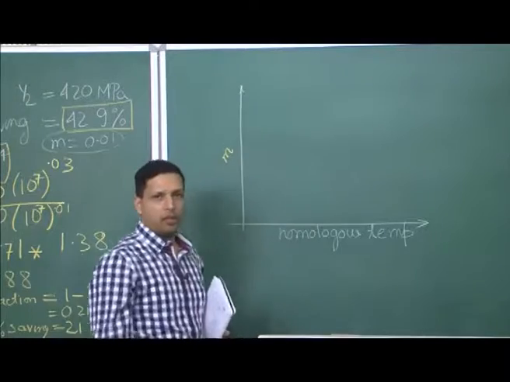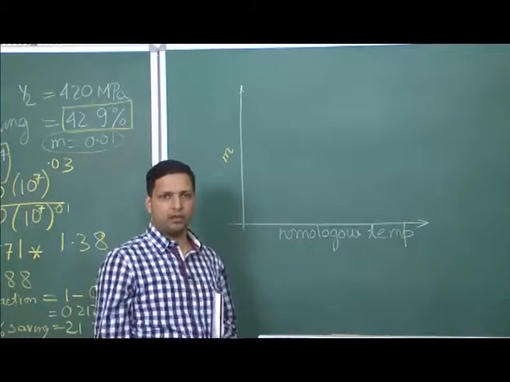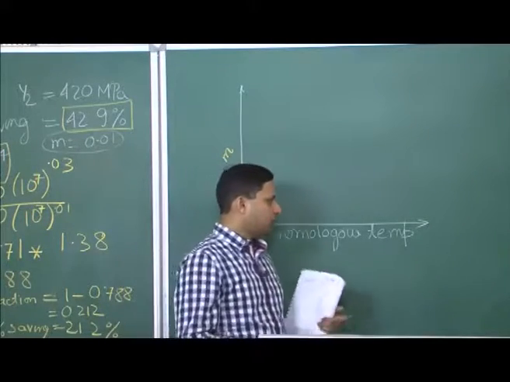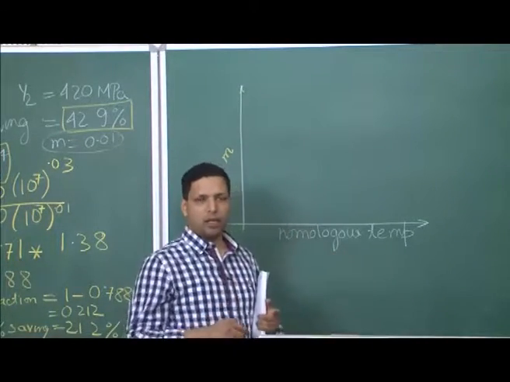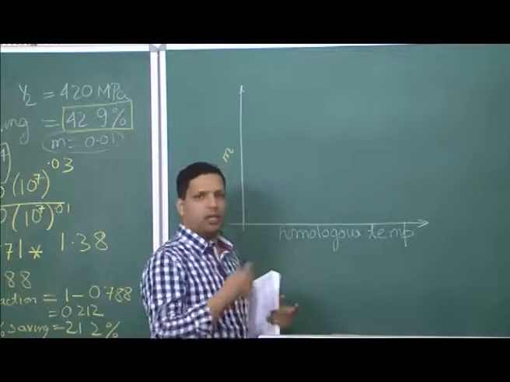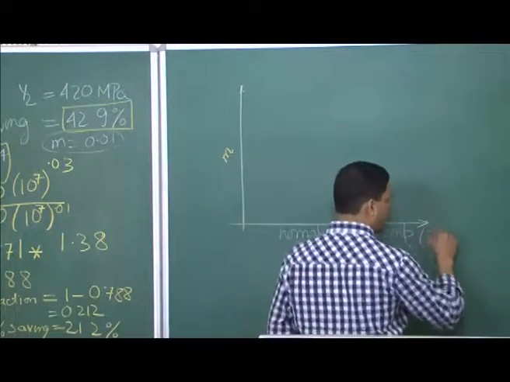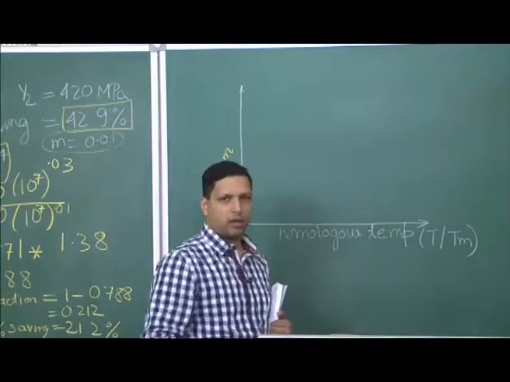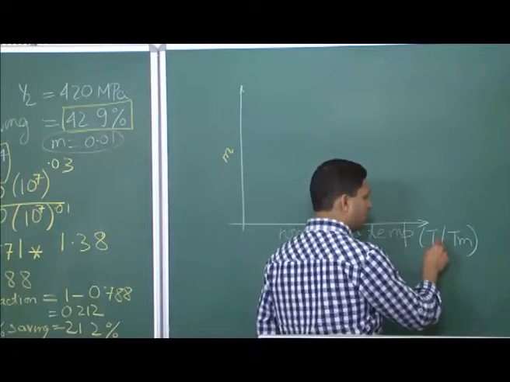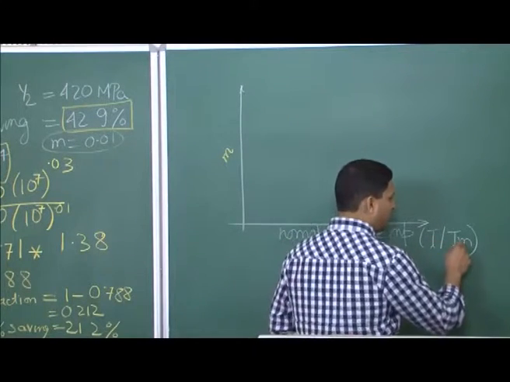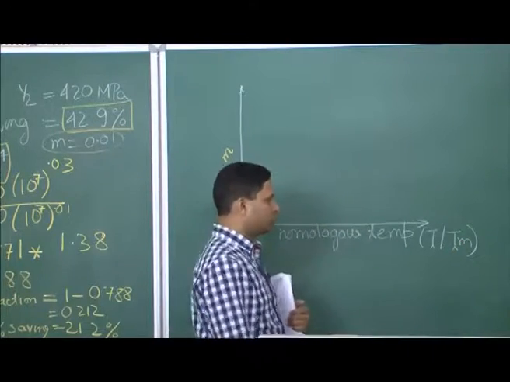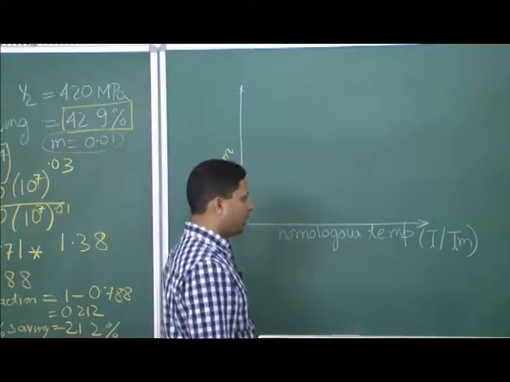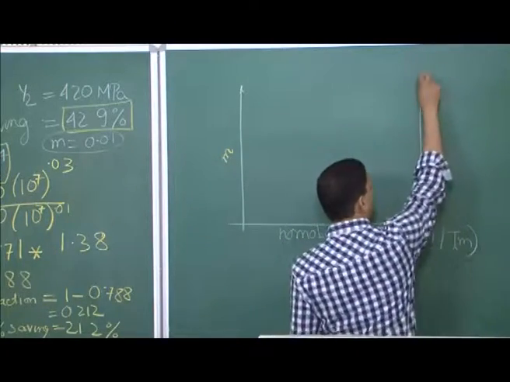If you are considering a particular material, let us say aluminum which has a melting point of 660, then you convert that temperature to Kelvin, and whatever temperature you put that material at, you divide that by the melting temperature. So, this is T by Tm. T is the temperature at which you are interested, let us say it is 25 degrees Celsius, but you will have to convert to Kelvin, and you convert the melting point to Kelvin. So, the ratio of that is what is called homologous temperature, and it has significance.